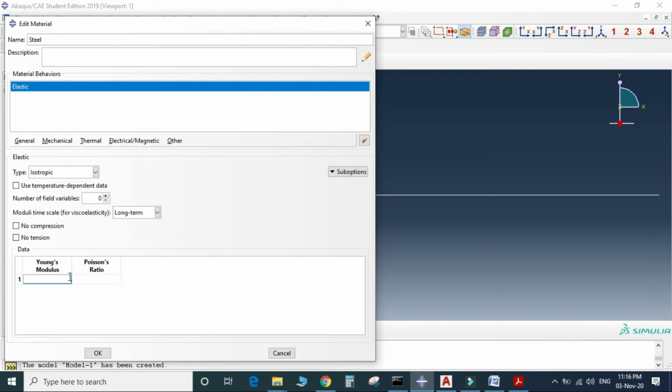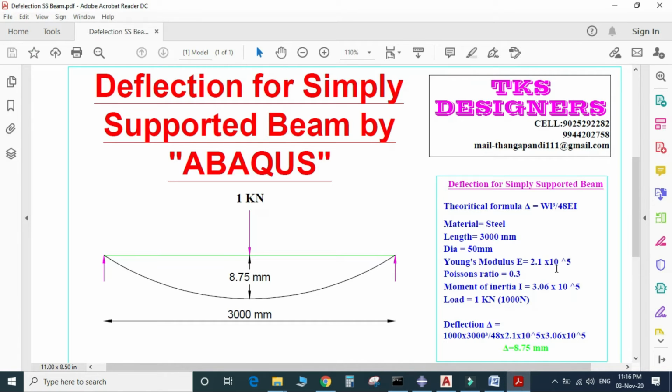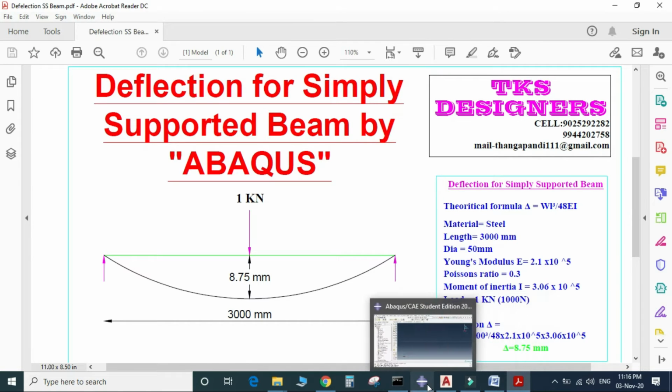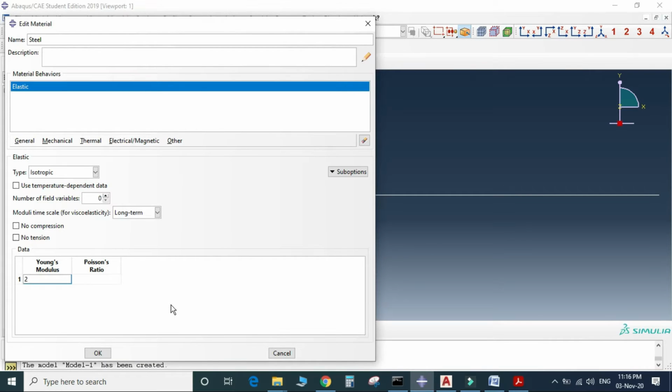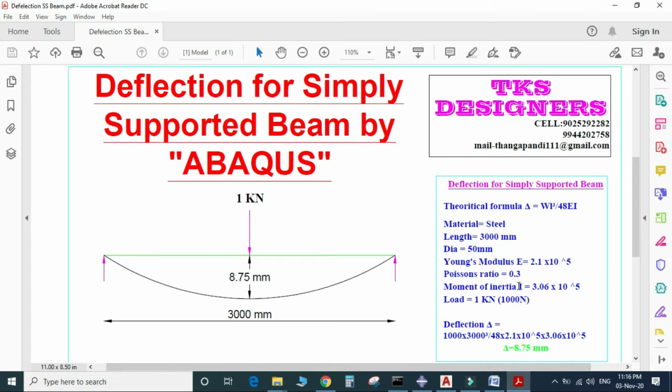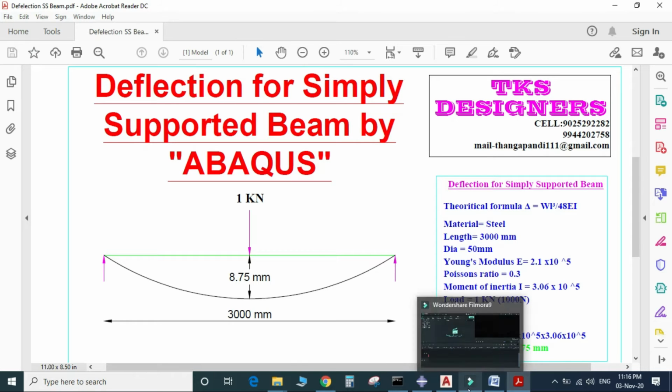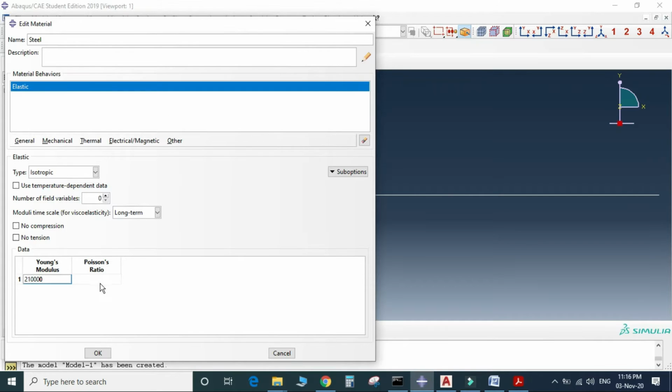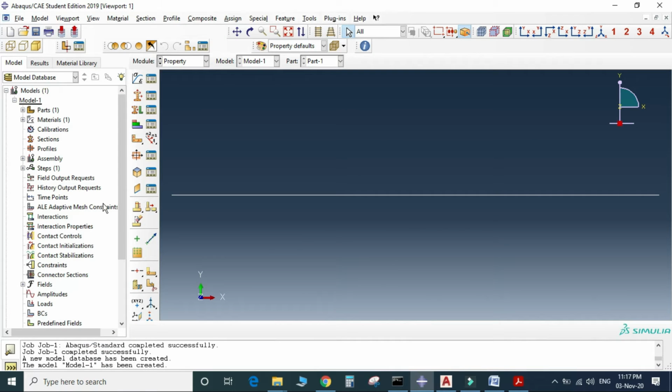Then the Young's modulus of the steel bar is equal to 2.1 into 10 power 5. Then Poisson's ratio is 0.3. Okay, now the properties of the material are created.